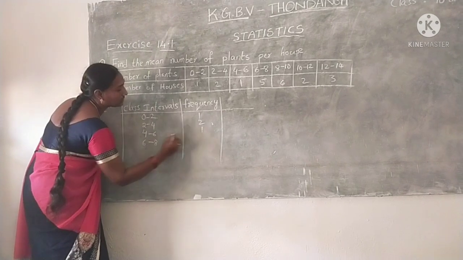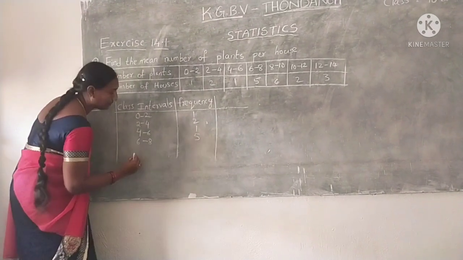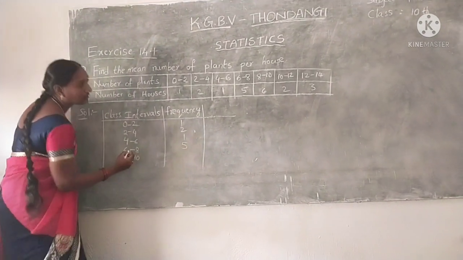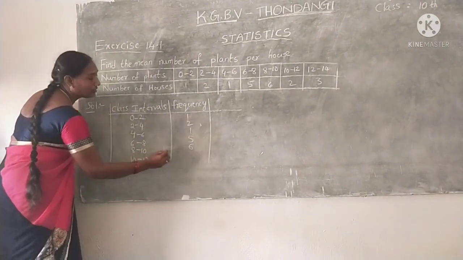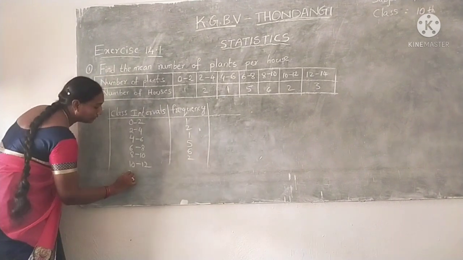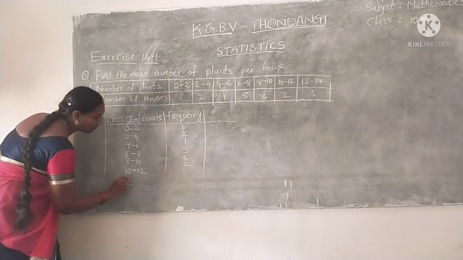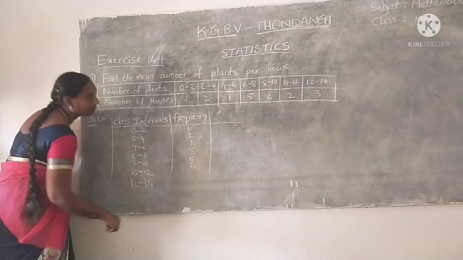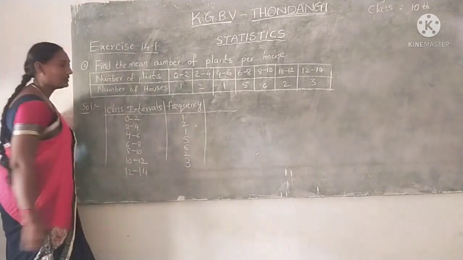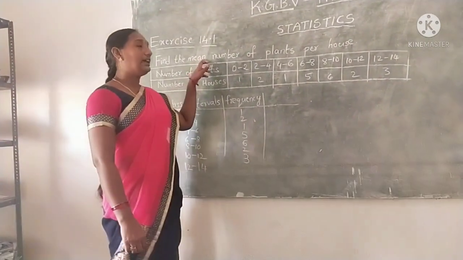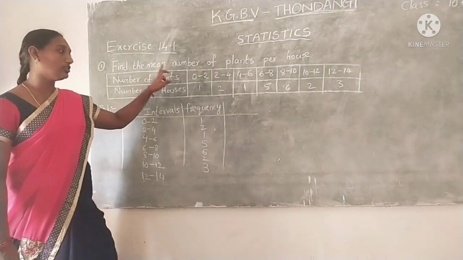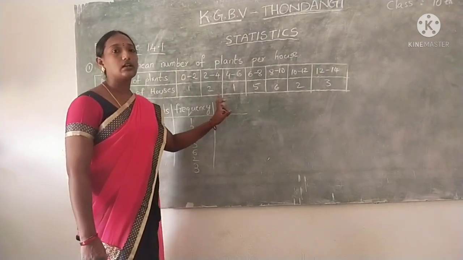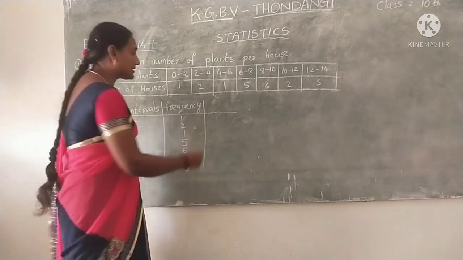Next 6 to 8, frequency 5. 8 to 10, frequency 6. 10 to 12, frequency 2. 12 to 14, frequency 3. So we learned that in finding the mean value, the next column is mid values, that is class